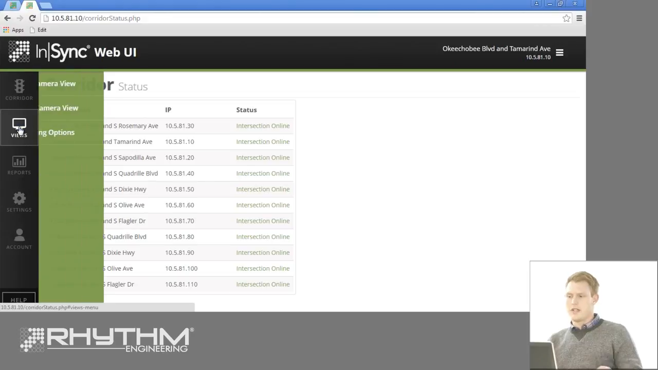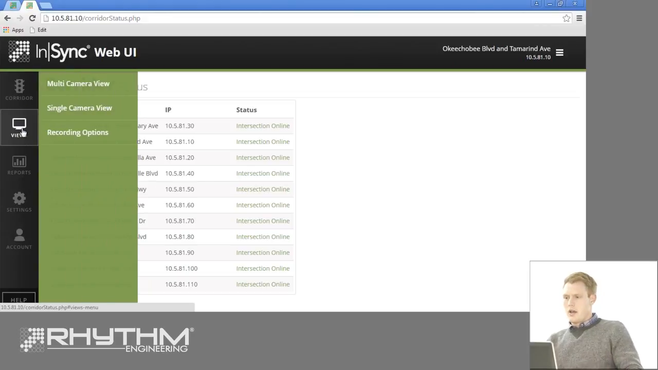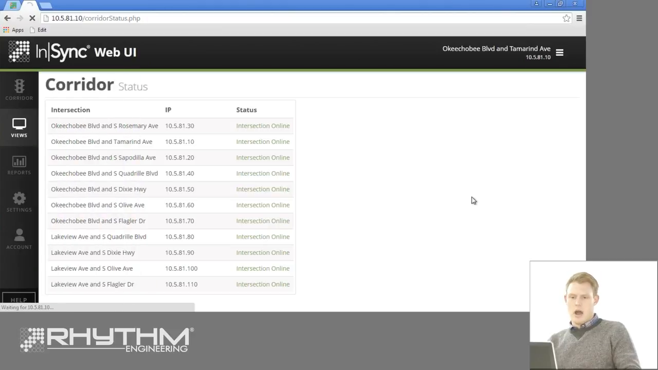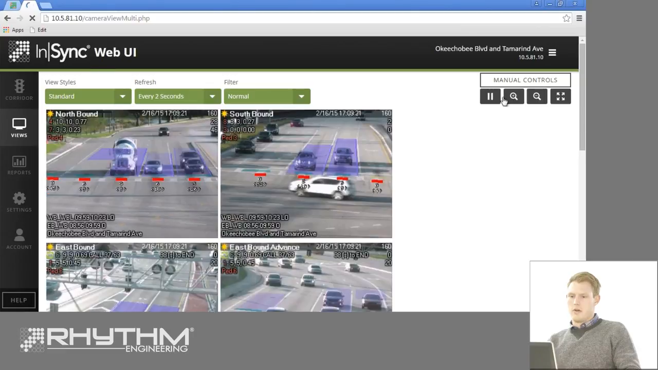In this segment, we're going to be talking about camera views. To access the different camera view menus, you select the View menu on the left menu bar, and you have three different options. The top one is the multi-camera view, and that's the most widely used camera view of the